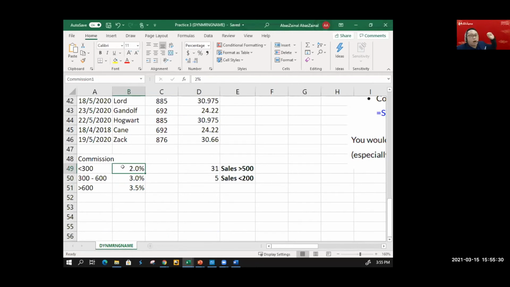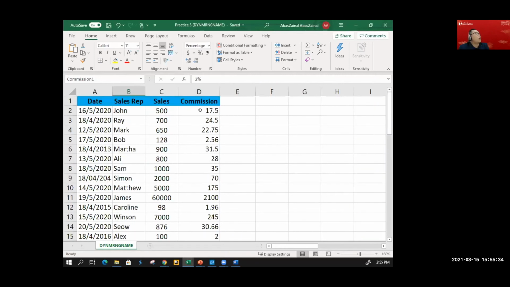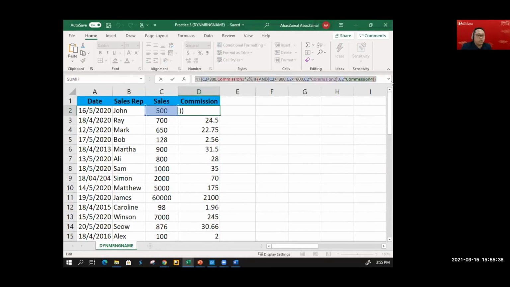Then after you name it, when you go to the commission column here, this is where you key in this set of instructions, depending on what name you have given to the cell. Some of you asked me earlier, can I just put sales rep or sales?